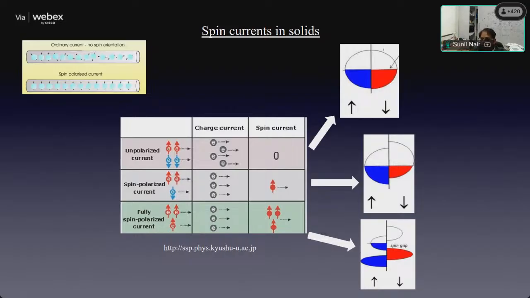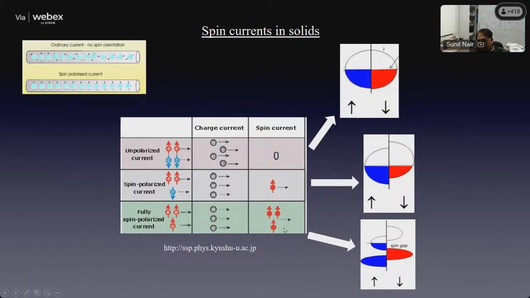Okay. So if I look at nickel, cobalt, iron, these metals, and I do a similar measurement, and I sit at the end of that tube and look at the number of electrons crossing me by, and I average it out, I'll see that now it is not 50-50. It might be 60-40. I'll have 60 upspins and 40 downspins. So now, in addition to the charge current, which is still 100, I have 100 electrons crossing me, but now there is a difference between the upspin and the downspin. So I have an additional spin current in addition to the charge current. Okay. That is the case in which you have what is known as a spin split density of states.